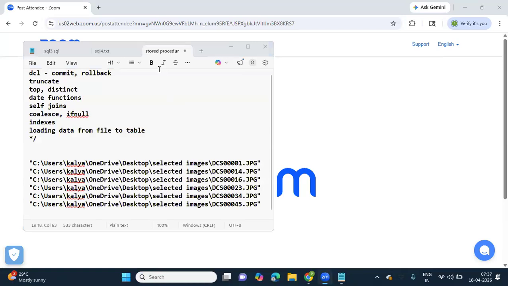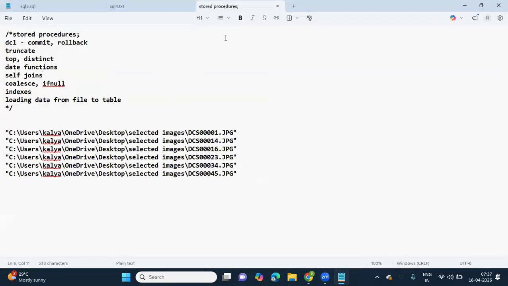One second, I'm adjusting my screen. Okay, so